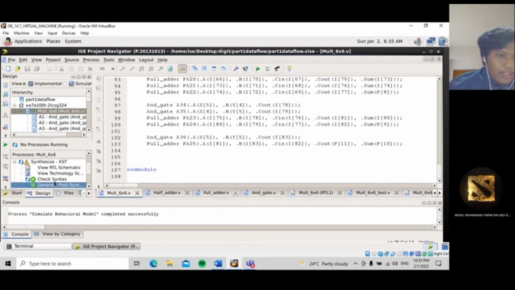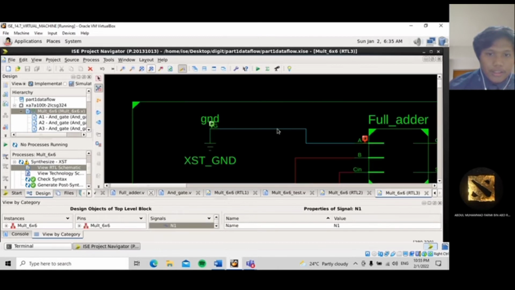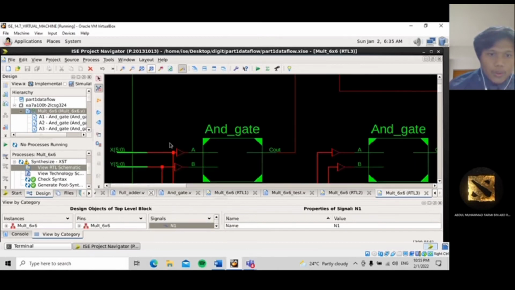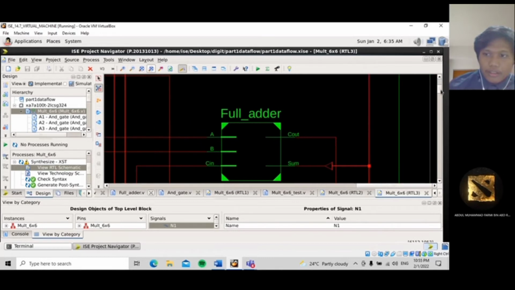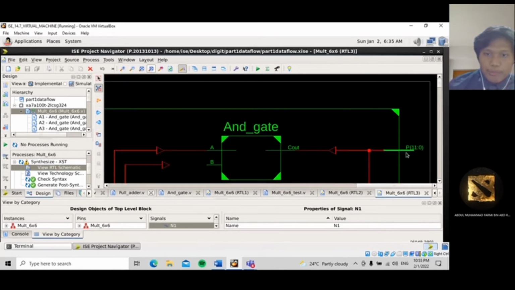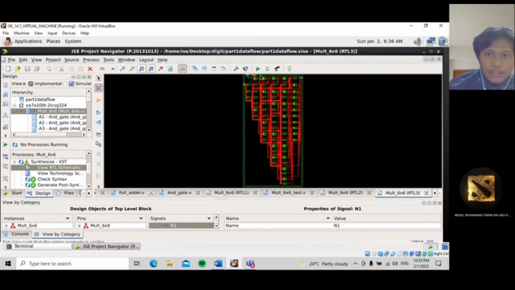After we get a green tick on both, we view the RTL schematic. This is input X, Y and this is output P, which is the same as our coding. This is a full view of the schematic of this coding.